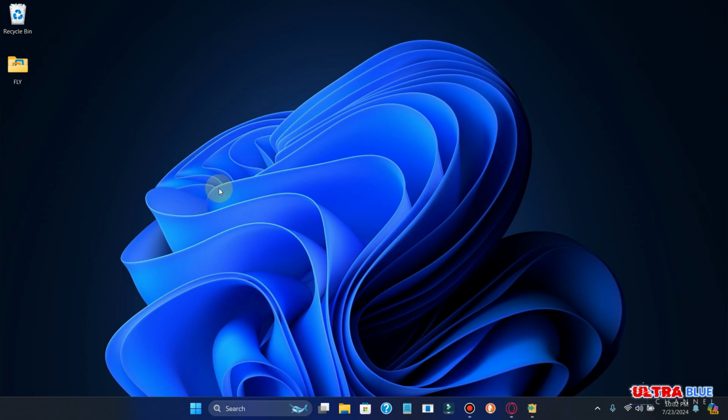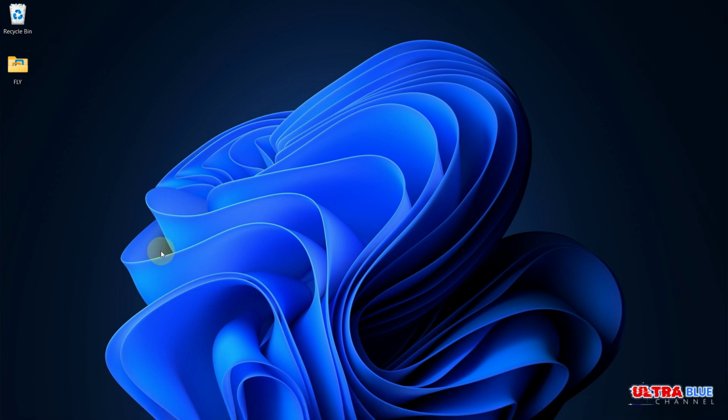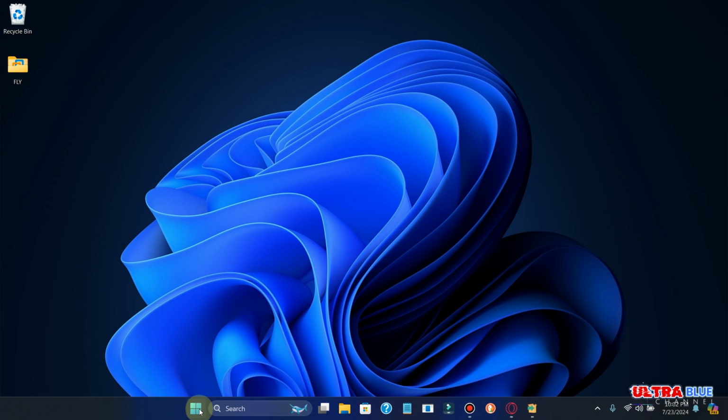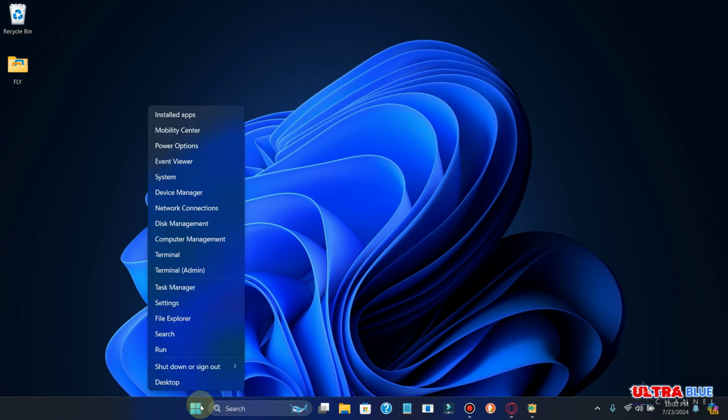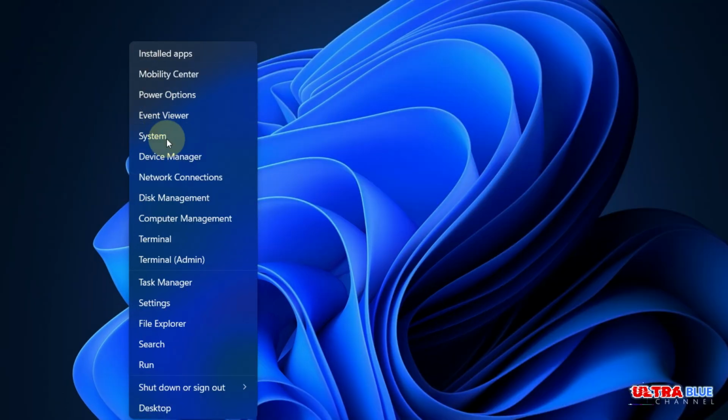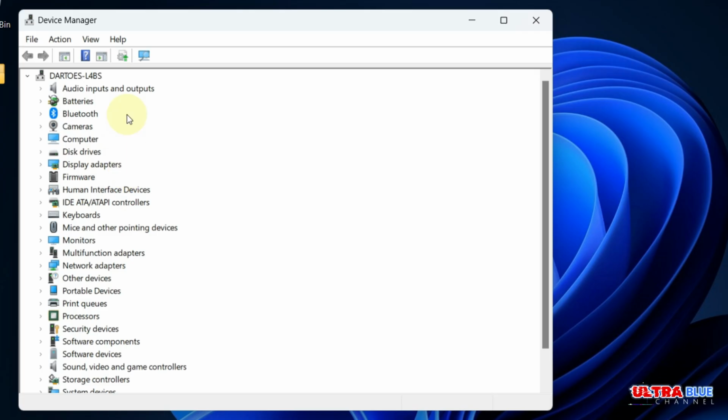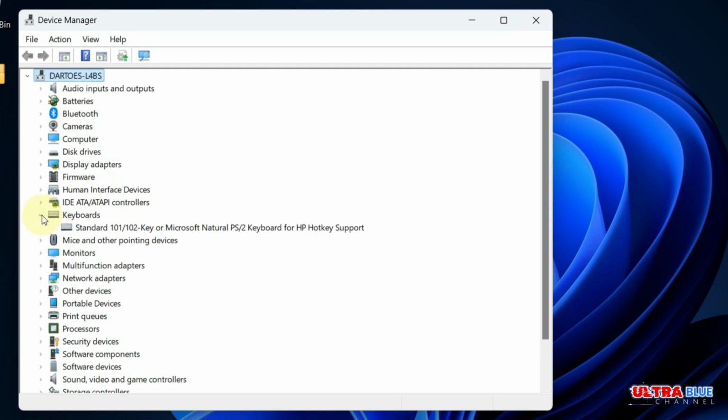One of the easiest ways to update drivers in Windows is through the Device Manager. To open Device Manager, right-click on your Start button and then click on Device Manager. In Device Manager, you see a list of all the hardware components. To update a driver, expand the category you want. So let's say we wanted to update our keyboard. So we expand it,